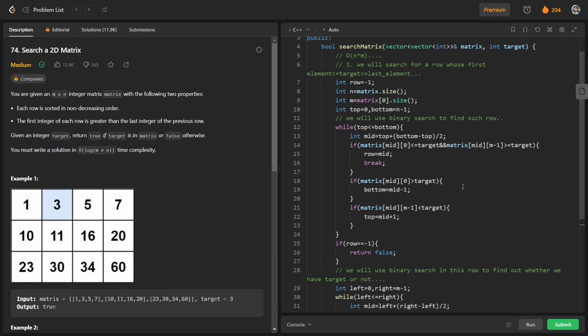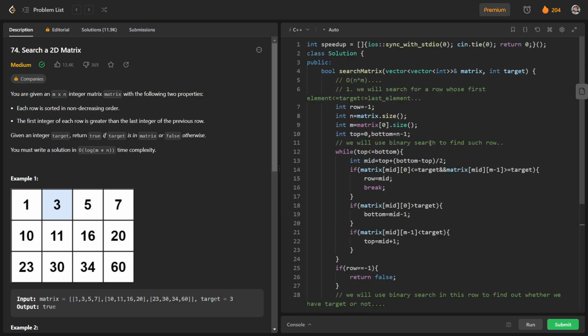And again, talking about the time complexity of this code, you can see that we are using binary search in both n cross m. So the order of it is log of n cross m. So instead of doing n cross m, we have done it with order of log of m cross n. So you can see that time complexity has been reduced.